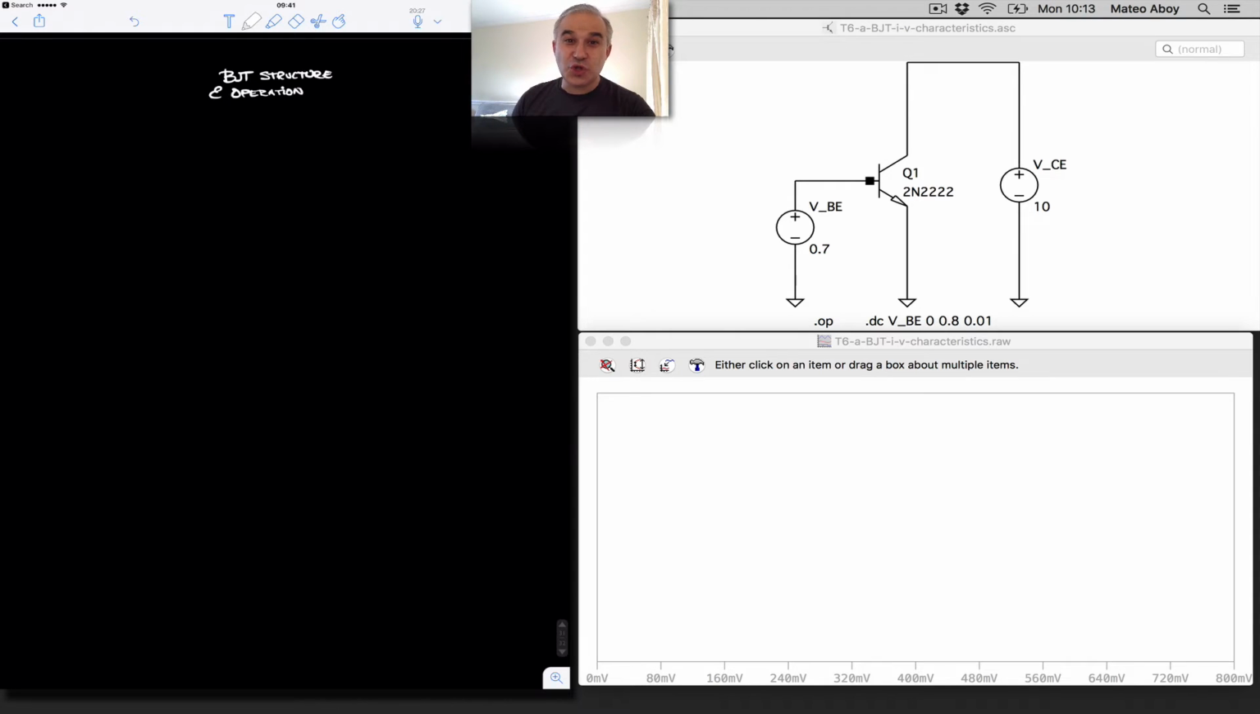Hello, we are starting a new topic. We are now working with transistors. And the first transistor that we are going to study is the BJT transistor, the bipolar junction transistor. Bipolar, two polarities. We have two charge carriers working here, free electrons and holes, meaning electrons conducting in the valence